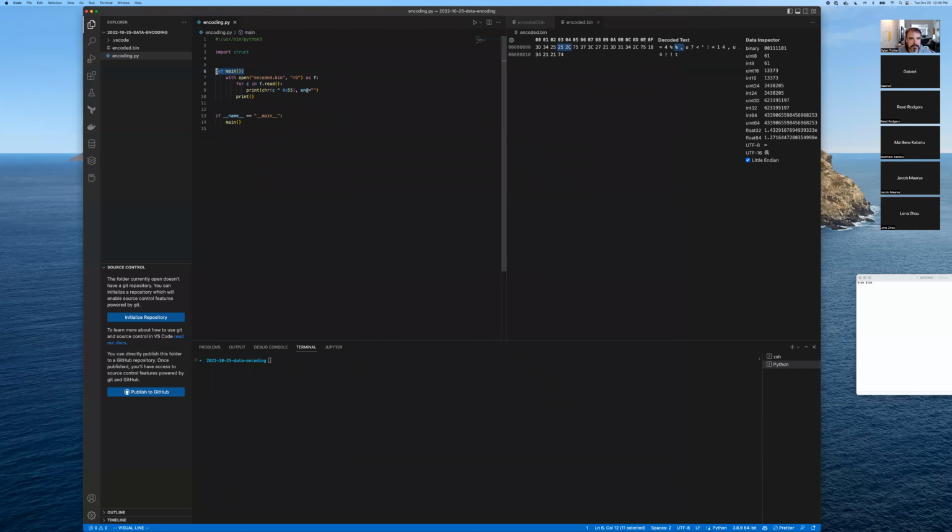What I'm doing is, actually, I used struct to pack this file, but I'm not actually using struct to unpack it. I'm basically just going to read in the bytes from the file, and then do a simple transformation on them, like an XOR operation, and print out the data that comes out. So if we run this thing,